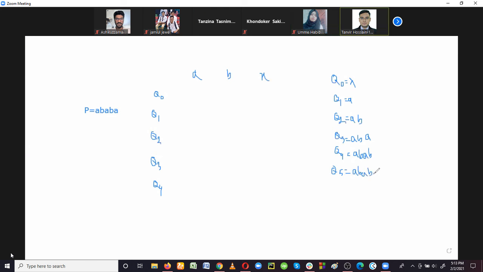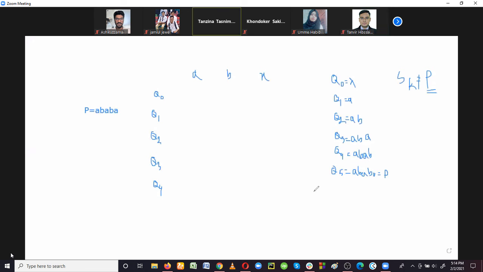Madam, is it good we write Q5 as well? But actually you don't need it. What is the second step of the algorithm? The second step is we repeat steps 3 to 5 while Sk is not equal to P. When you get your pattern, at that time you don't need to continue. You don't need to execute the algorithm again, right? Yes, ma'am.